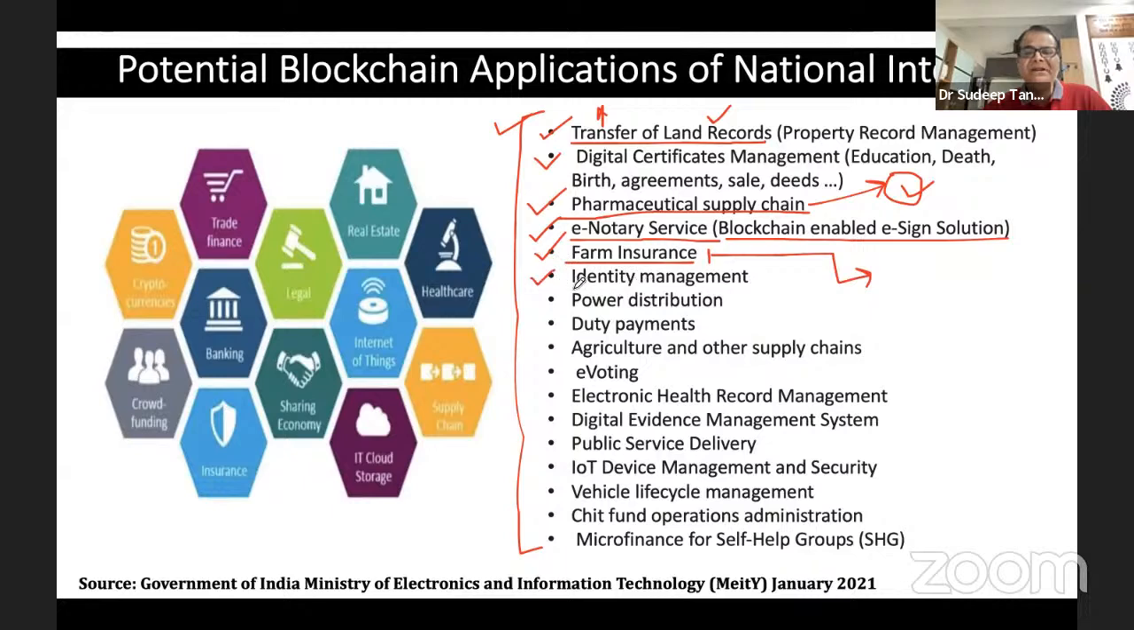Then identity management. In this particular case, IIT Kanpur is leading in identity management. Power distribution, duty stamp, agriculture, e-voting, electronic healthcare is also one of the promising applications, because in a country like India, we have a personal healthcare record system. So the government wants to build an electronic healthcare record system where all the details related to the patient, from birth up to death, are managed on a single platform, and this is to be accessed by the